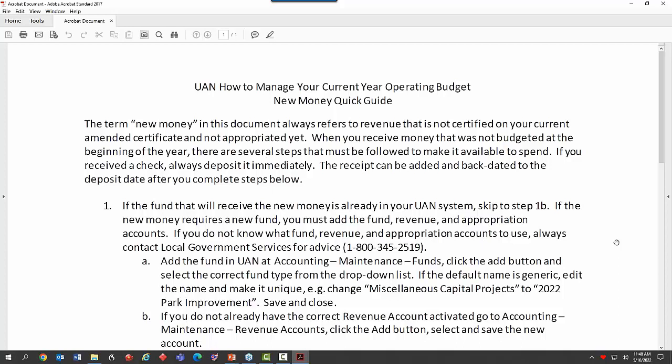It is especially important for township fiscal officers to certify significant amounts of money on their amended certificate, because your wages are based on that. Nobody else's wages are based on that, but townships, you have to look at that. We have gotten so many calls over the last couple of years. Audit found that all the elected officials were underpaid because the fiscal officer did not get an amended certificate because they weren't going to use the money, and lots of little reasons. And now they're doing all kinds of retro pay.